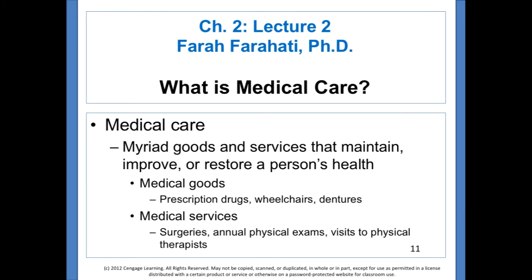Medical goods can be prescription drugs, wheelchairs, dentures, even a surgical table or surgical bed. Basically very clear. Medical services can be surgeries or annual physical exams, a visit to physical therapists or your dentist